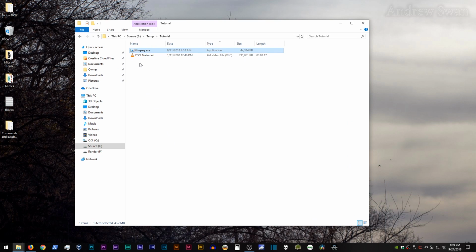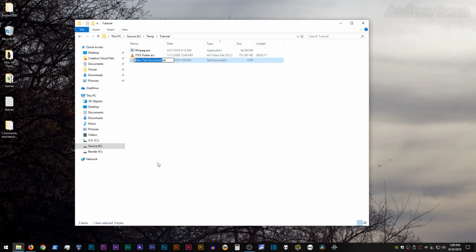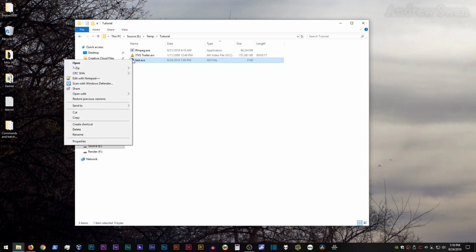So, first thing we're going to create, we're going to do a new text document, and I'm just going to call this test for today, but we're going to change the 3-letter extension to .avs. And you might notice that your file does not have this icon right away. In order for it to get that and to open up